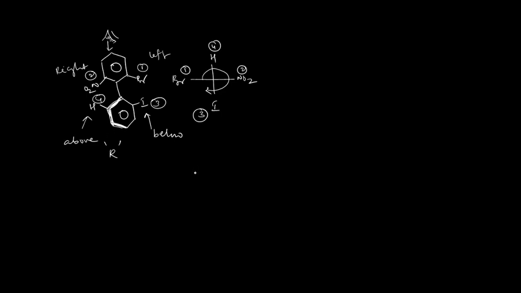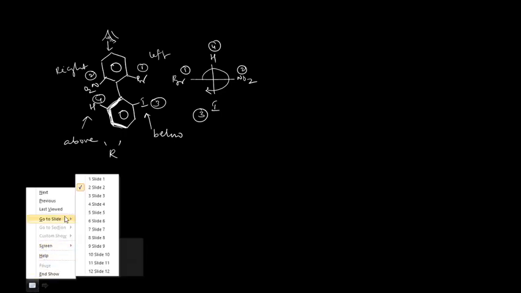First, give priority to near groups, then go for the rear groups. Write all these groups in the Fischer projection formula. Look at the priority decreasing order 1, 2, 3, whether it is clockwise or anticlockwise. All these are the stereochemistry of allenes, spiranes and biphenyls. Thank you very much.